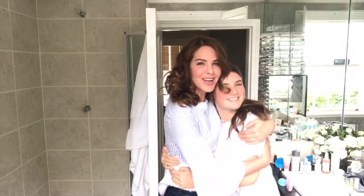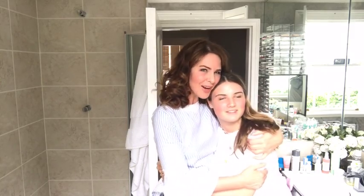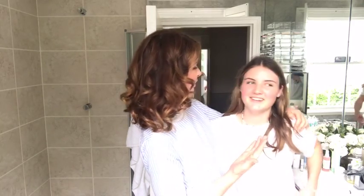Esme! I've known Esme since she was very, very small. In fact, I've known Esme since she was inside her mummy's tummy. So some of you might get a clue as to who that could be. She's somebody who, of all the children I know, is one of the ones I feel closest to, aside from my daughter. And even though I haven't seen you now for probably a year and a bit, which has been way too long,